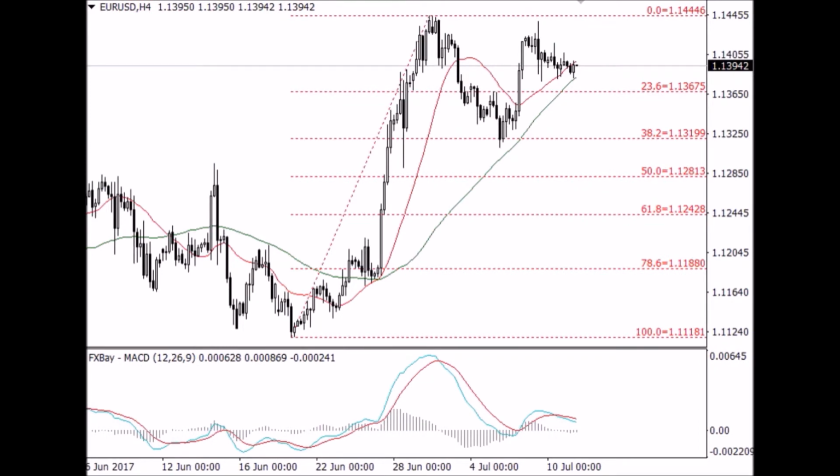As for the euro, it retraced back again from the previous high or the resistance level of 1.1444. Currently the price is hovering between both moving average lines. Both moving average lines are pointing upward now, which means the trend direction remains upward. It's just that in the short term it might probably trade flat between the range of 1.1444 and 1.1367. This is based on both movement lines in the MACD indicator, which move flatly,